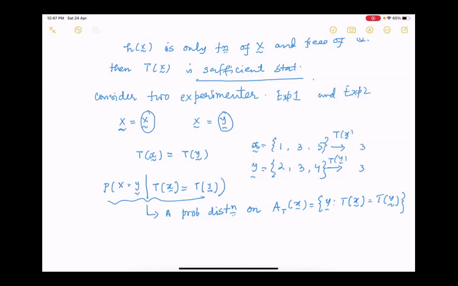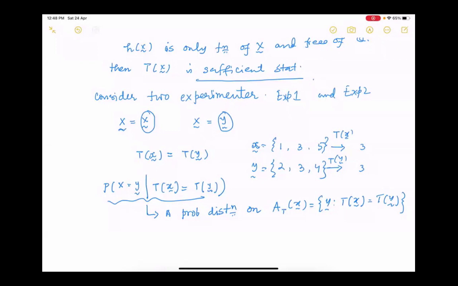Sir, is it not x tilde over here? Which one? The line probability x equals y tilde? I think it should be x tilde equals y tilde. No, I'm thinking from experimenter 2's perspective, but yeah, you can write x tilde also. Experimenter 2 has observed only y tilde. Suppose they are double blind. In that case, what I'm trying to say is